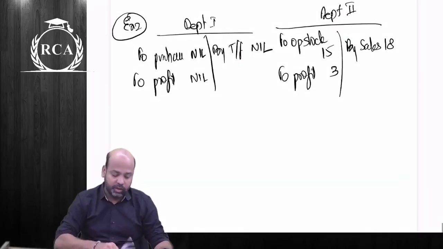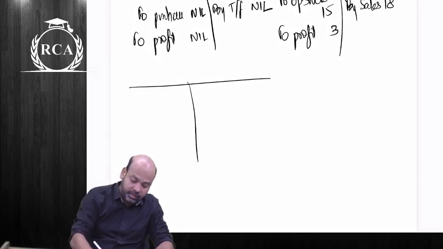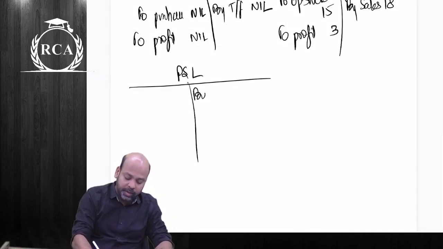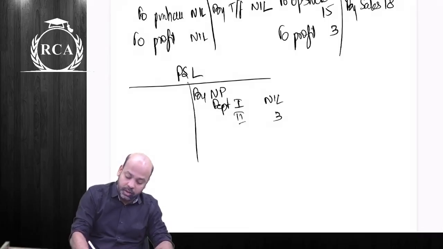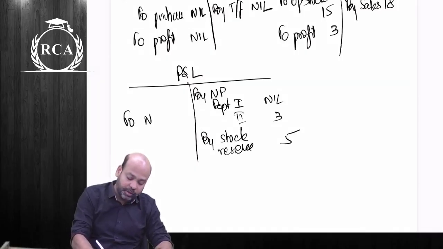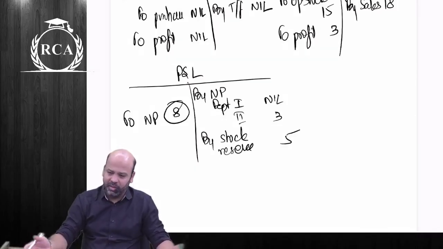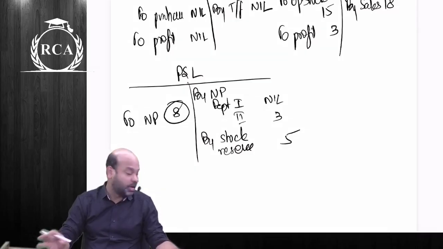ये दोनों accounts बना, वो statement लिखाता हूँ. तो वो कैसा आता है बेटा? ऐसे P&L account में you will write by net profit बेटा, booked by whom? Department 1 0, department 2 कितना? And then I write beta by stock reserve. Last year जो create किए थे, guys, we are now reversing it 5 rupees so that the net profit booked by the organization is how much? 8 rupees. ये जरूरत नहीं है बेटा पढ़ाना, but I just had to tell you what's the concept of unrealized